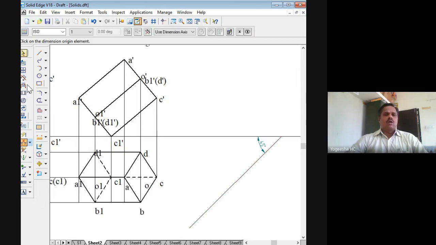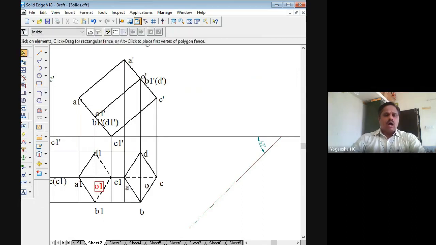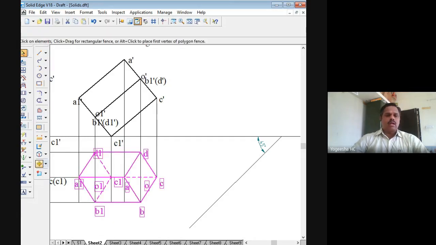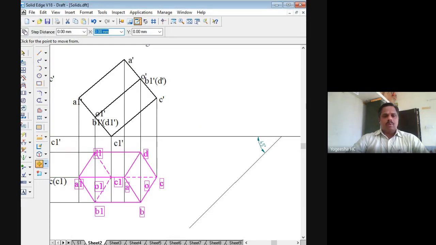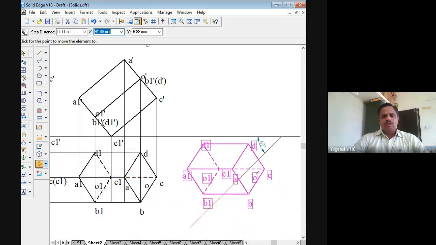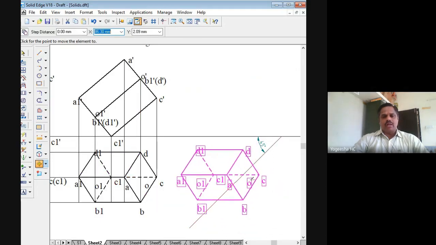For that, I'll copy the second top view now. I'll hold down the control key and select all these lines, or else I can just make a window like this. Once everything is selected, use move, with create copy turned on. The point O should lie on this 45 degree line.